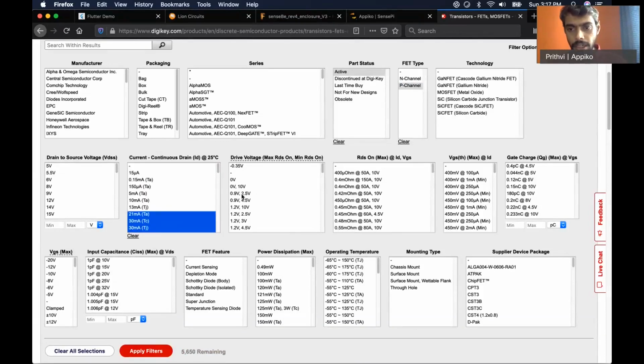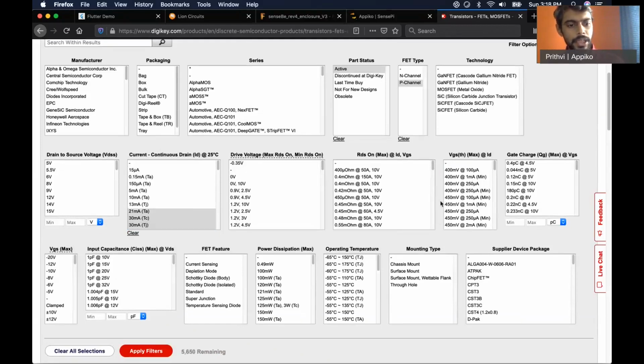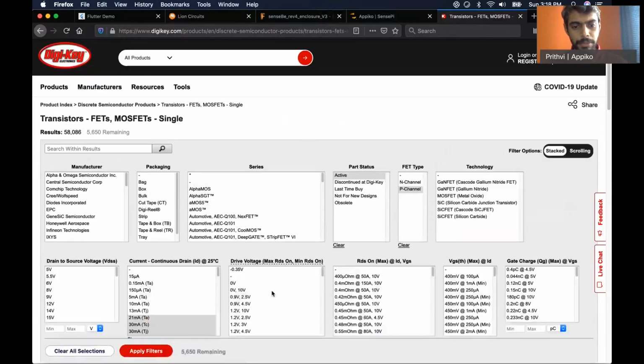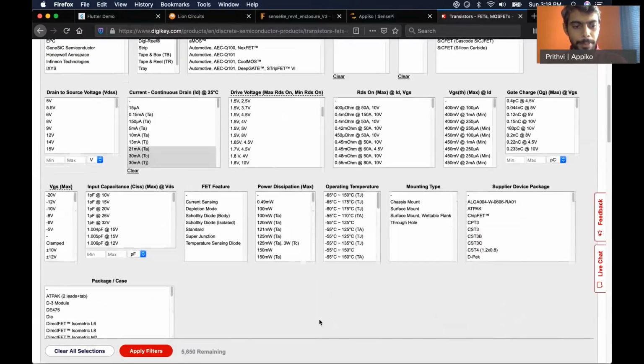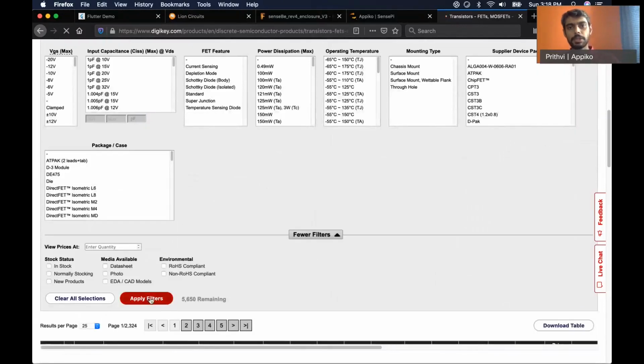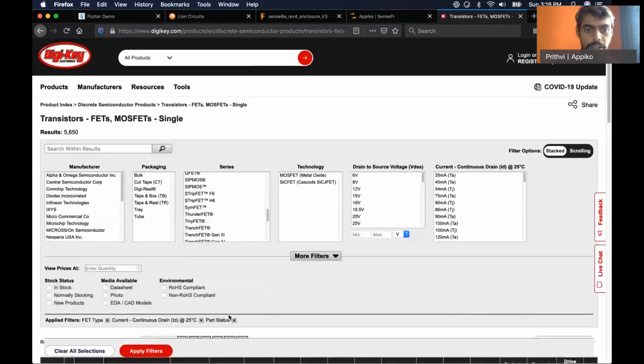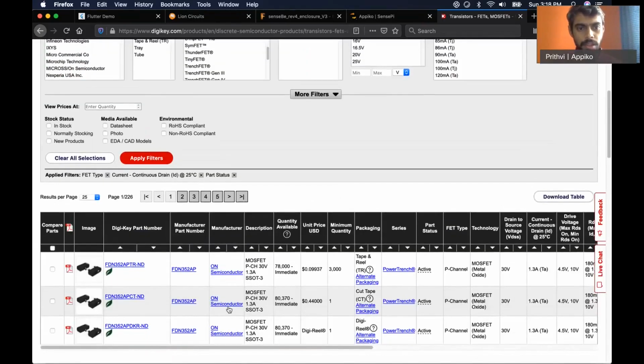The most important aspect that we need to choose is the threshold voltage. Before choosing that, we will filter with just these parameters to see the PMOS MOSFETs that are available. Now we need to enter the quantity at which the prices are shown.